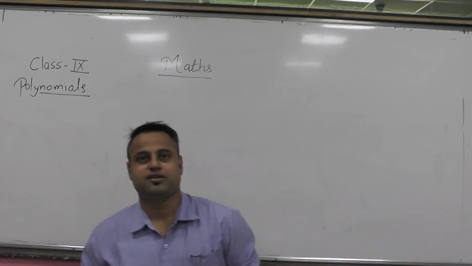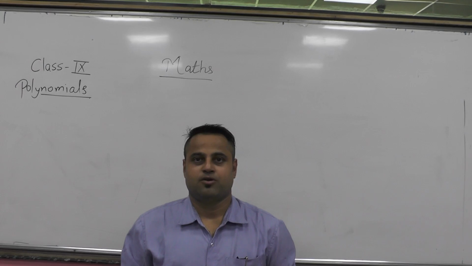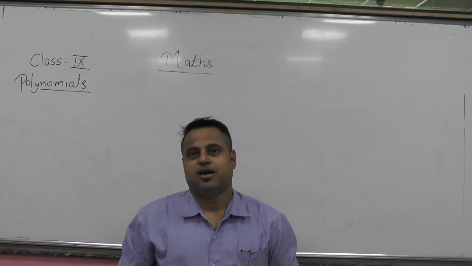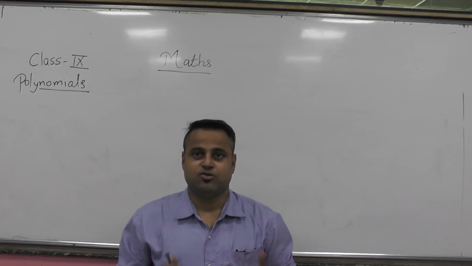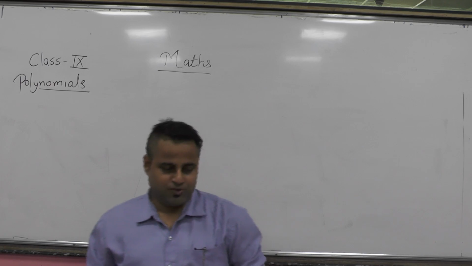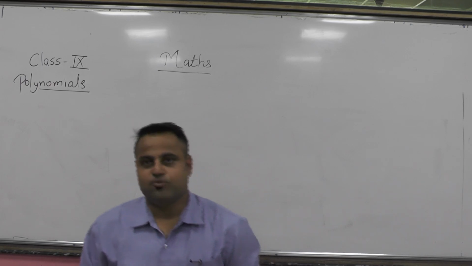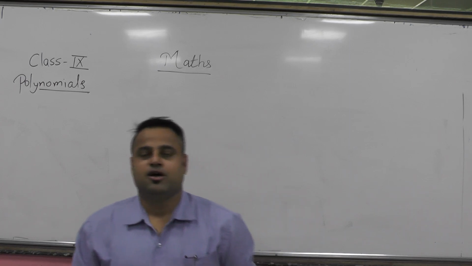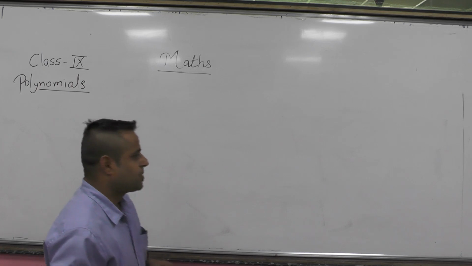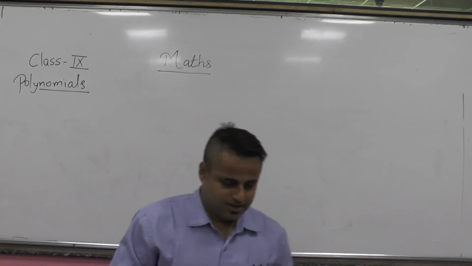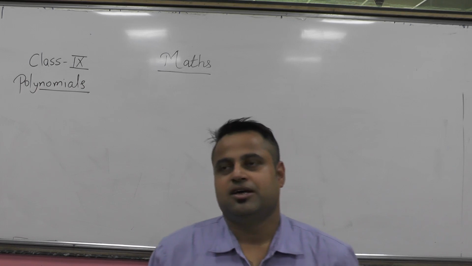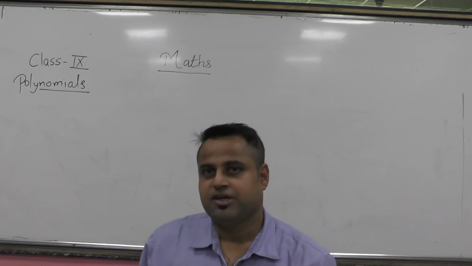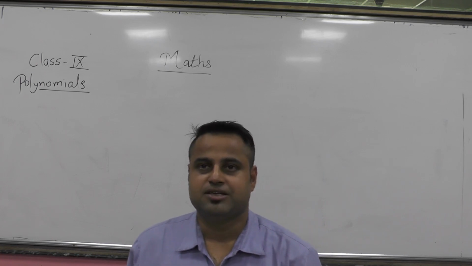As the last time, we started the polynomial, and we understood what a polynomial is, what types of polynomial exist, and the factorization to get the zeros of the polynomial. Now we are moving further, and as we move further, we can look at some new things in polynomials. As you observe, zeros of the polynomial, there are certain things about the value of the polynomial, which can be defined as given in the 9th class, chapter 2.